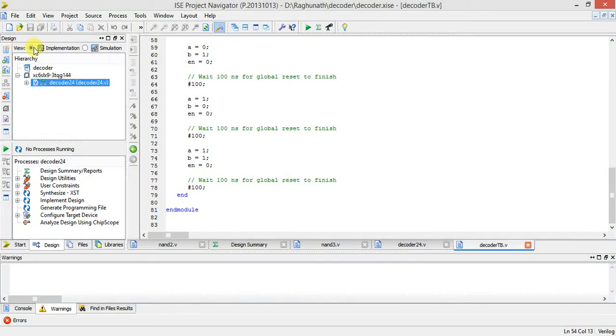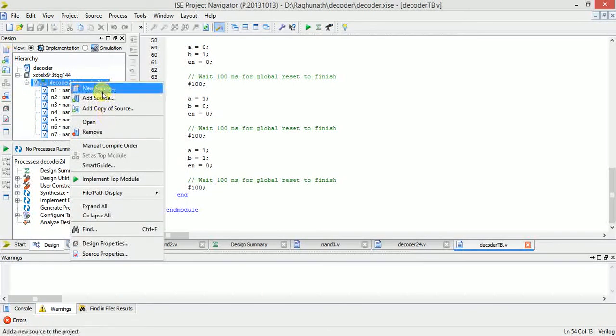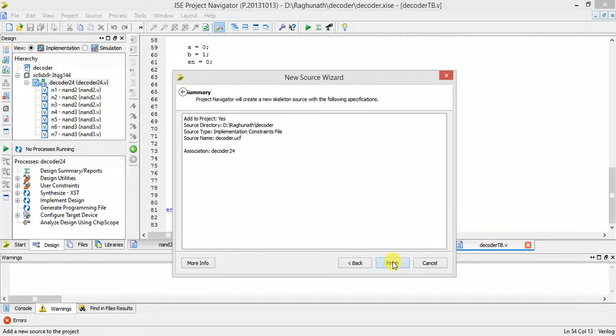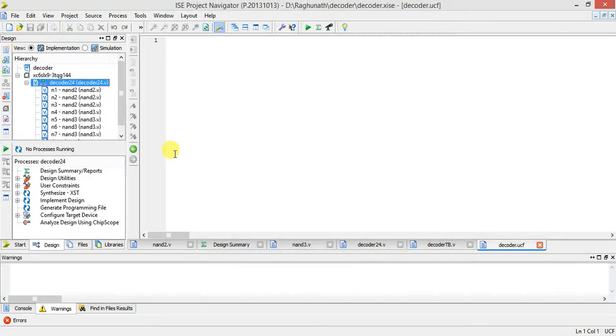So now I am going to the implementation tab. In the implementation tab, I think it is not added. So new source, implementation constraint file. So decoder, finish. So now this will come.